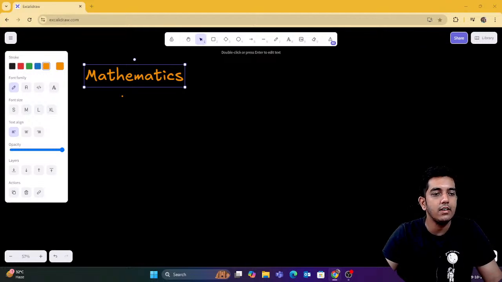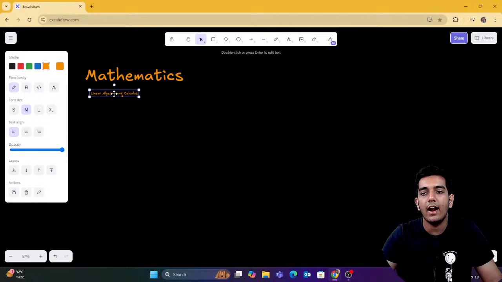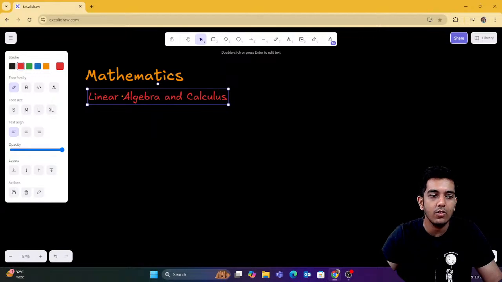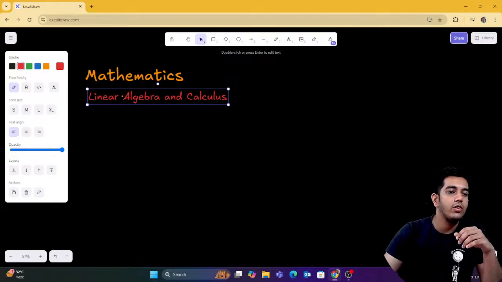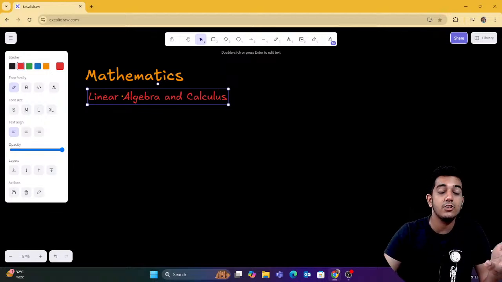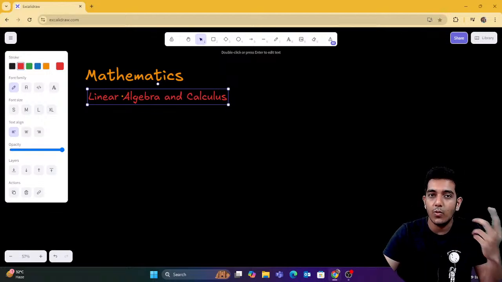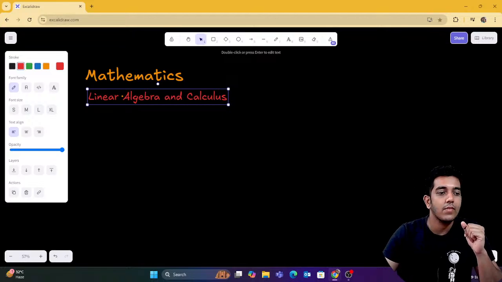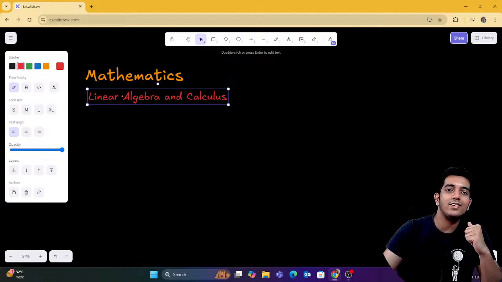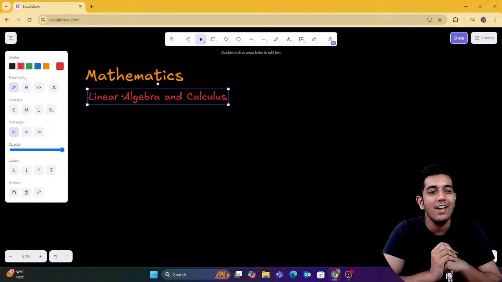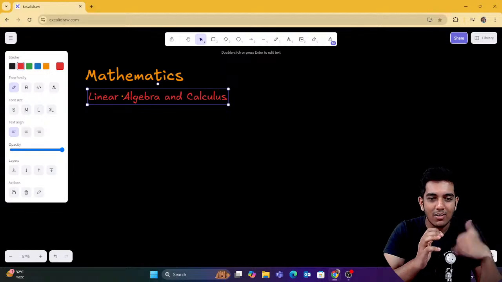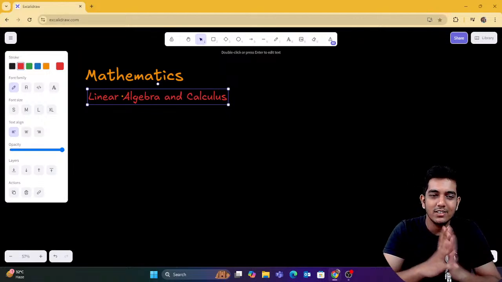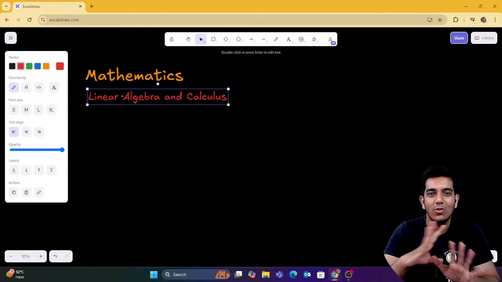In mathematics, generally, it is advised to be good at linear algebra and calculus. In linear algebra, you are going to learn about linear regression, linear transformation, matrix, linear equations, and vectors and matrices. Then in calculus, the topic which I was very weak at is differentiation. I was the weakest guy there, but with time I learned it in school and also in college, and now I'm pretty much average or more than average in it.